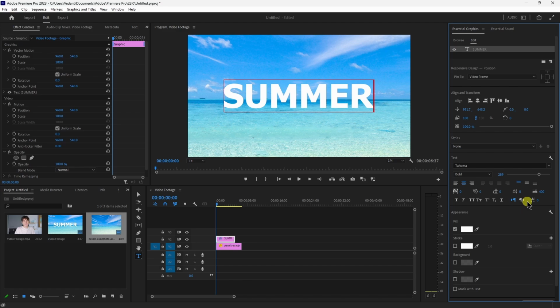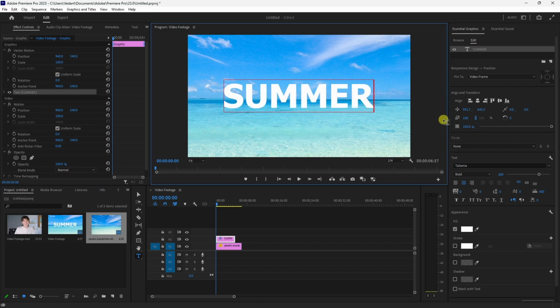Now let's jump to the main part, how you can make this text transparent. So the first way is quite easy. You can just decrease the opacity of the font from here, and that way you can make your font a bit transparent like this. If you're not satisfied with this, you can follow the next way, which is that you